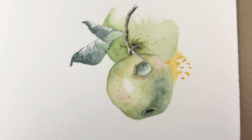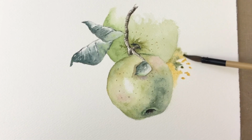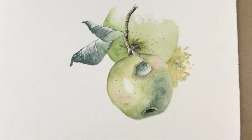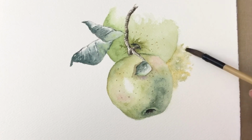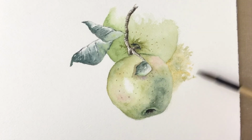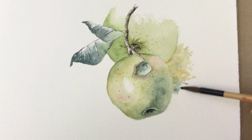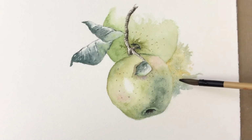Okay, if that's really, wow, so bright, it is because I just put strict yellow ochre color. I'm going to come in with the green to dampen that effect of such brightness. Just trying to do a background, maybe suggest that there are more apple clusters around these two, maybe. And then I wanted to use some of that pretty green color and keep going over here a little bit, and then use the indigo that I used to mix with the green